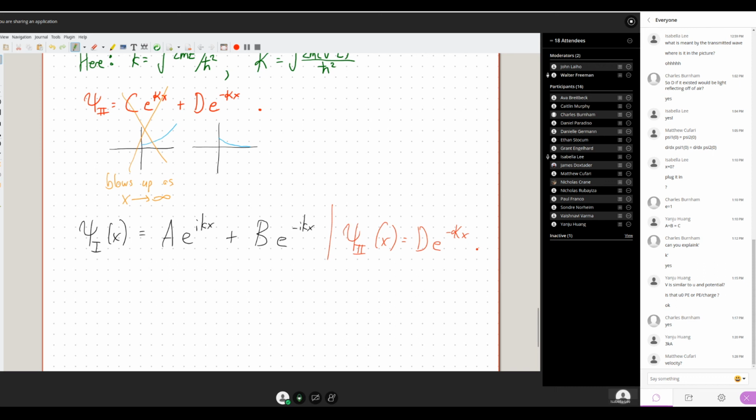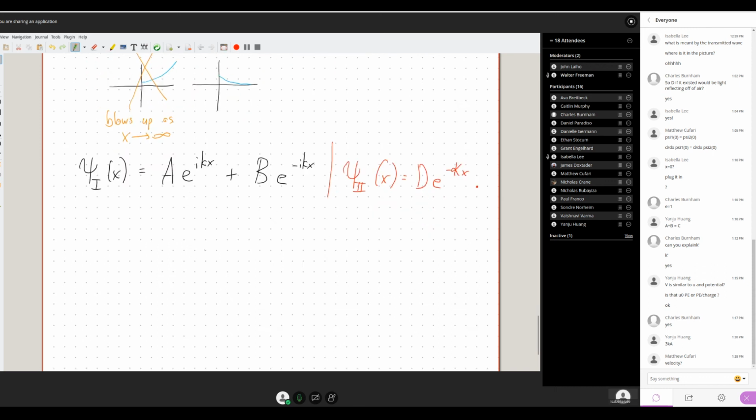So I can do the same game as before. I know that my wave function is continuous, and I know that their derivatives are continuous. So setting psi continuous, this gives me